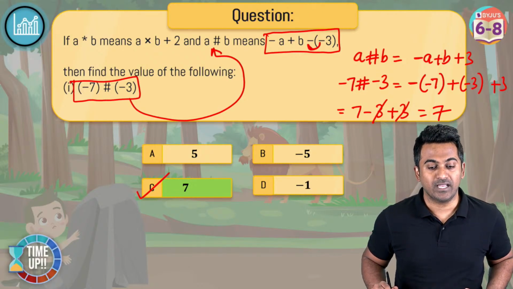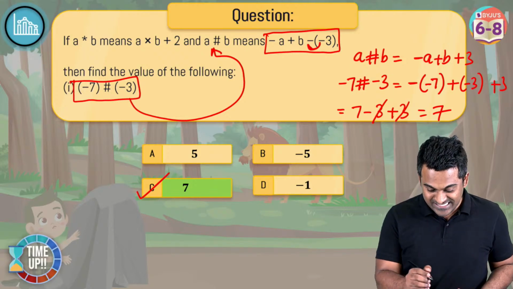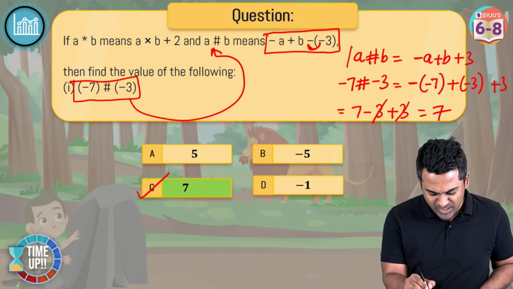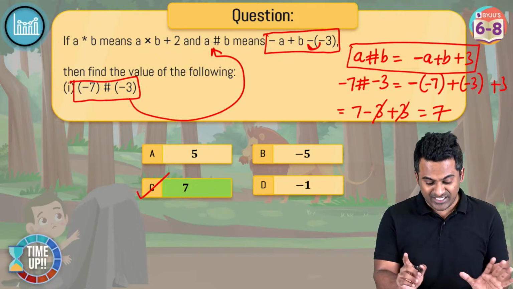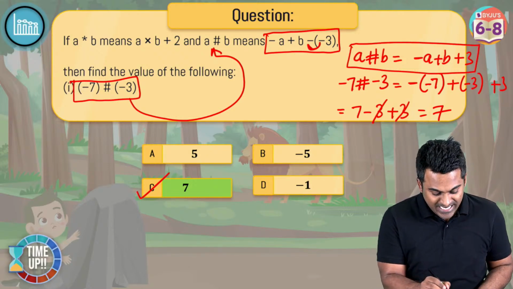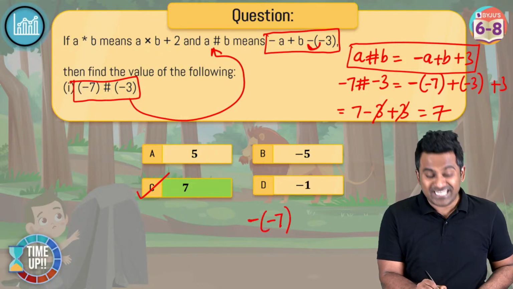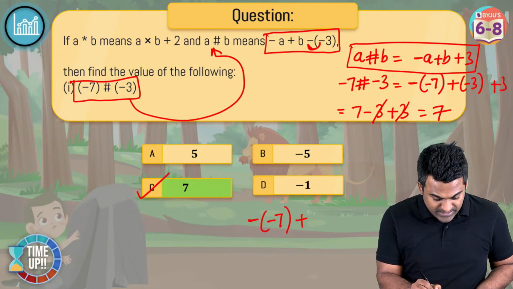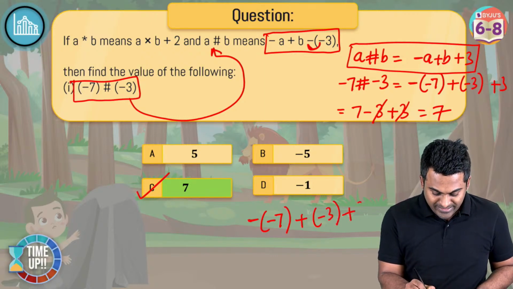Okay, Palak says, give 1 minute. It's a request. All right, I'm going to give you a minute to probably digest this through. As I said, first thing, make sure you get this right, and a simple substitution. That's it. So again, I will do that. -A is -7. So minus of -7, minus A plus B. B is minus 3. Minus of minus will make that a plus again.